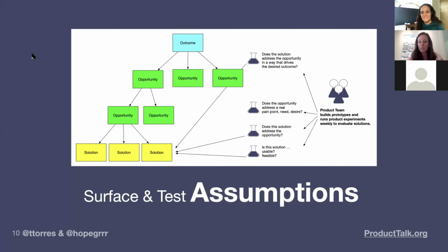And so for us, we're doing a very quick experiment. And again, people do equate experiment must be an A/B test. Not true. It is, how do we get evidence and data that tells us whether the assumption is true or false? And in this case, we're talking to who we believe the buyer is. So we're going to run an experiment to see if we actually know who the buyer decision maker is by seeing if they care to have this problem with us, have this conversation with us. If they don't care to have the conversation with us, either we are not talking about a problem they care about, or we picked the wrong buyer decision maker.